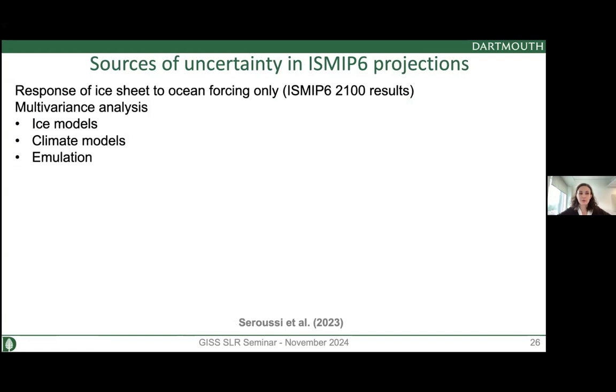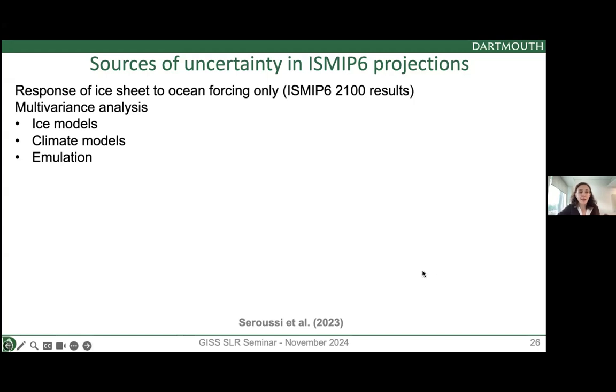Okay, so we've seen a large number of curves showing various response of the Antarctic ice sheet in future projections. I wanted to talk a little bit also about why these differences. What are the sources of uncertainty in these projections, and what can we learn from that? So first, we're going to go back to the 2100 results, the main ISMIP results. And here we want to look at the sources of uncertainty and there are two main sources. The first one is which ice model you use, and the second one is which climate model you use. And here again, I'm just focusing on high emission scenarios because that's where we have the most data.